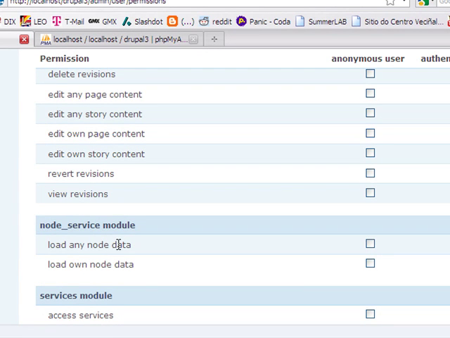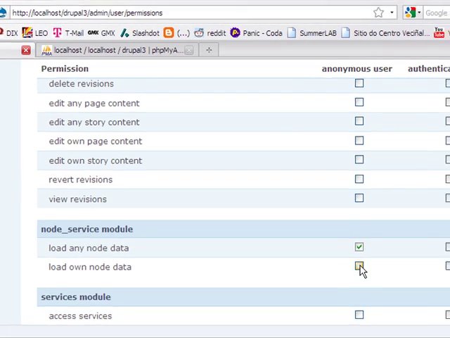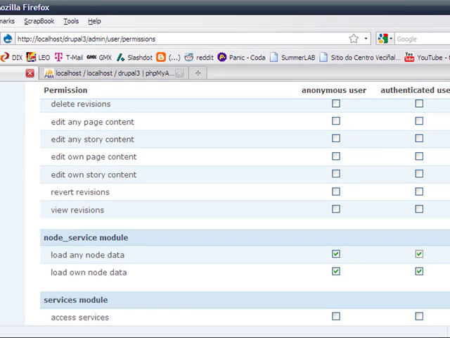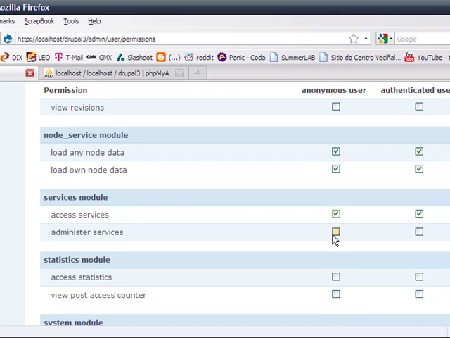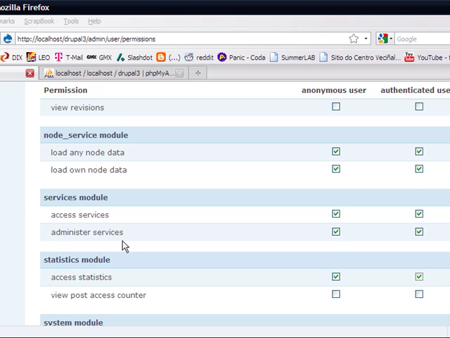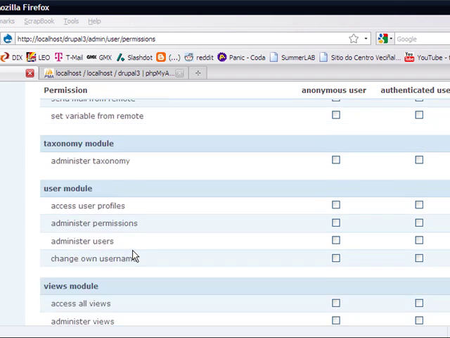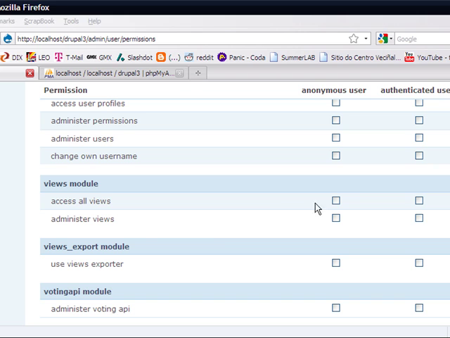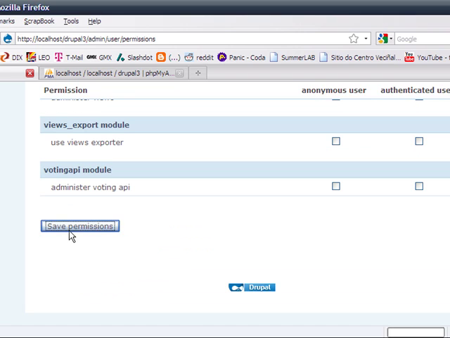And enable the node service module, load any node data, and load own node data. I also enable the access services and the administer services, as well as the access statistics. Followed by the views module, access all views. Okay, I save permissions